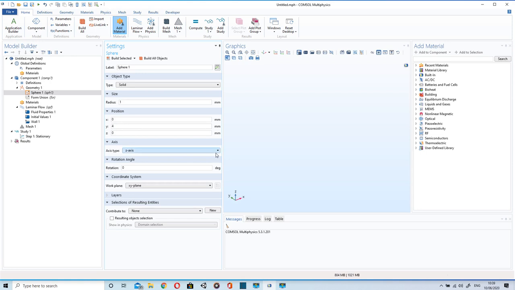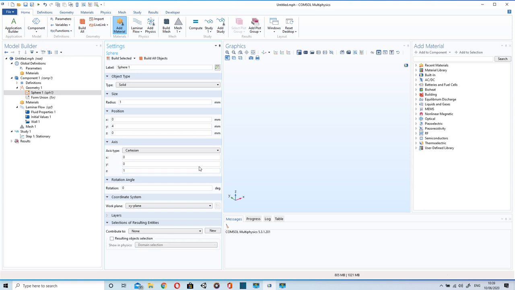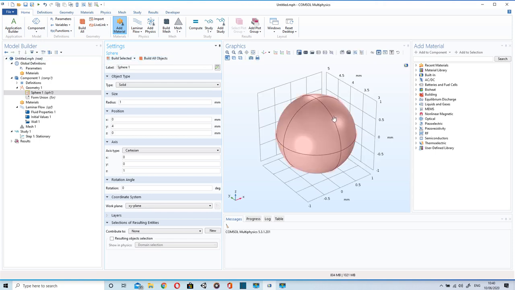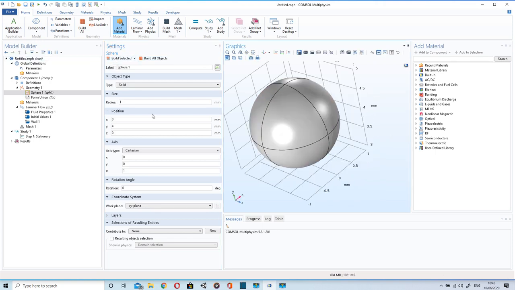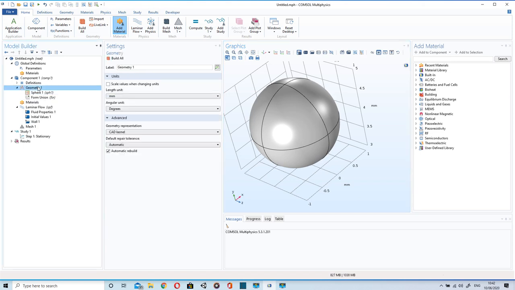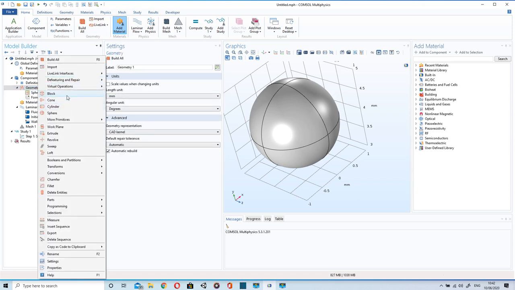Let's place the sphere at 4 mm in y-axis. We'll change the axis type to Cartesian. Now I will build the geometry. Oh, this is a sphere placed 4 millimeter in y-axis.